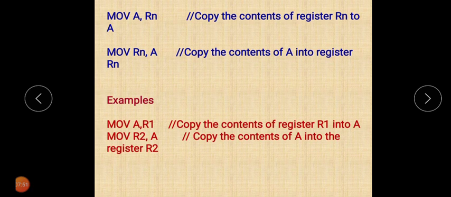Examples: MOV A, Rn, that is copy the contents of register Rn into A, or you can also copy the contents from A to register Rn. You can see that whatever the data we want to give, that is stored in registers and we use this register to access that data or to specify the data. Here in the example we have stored the data in R1 or R2. Then with the help of these registers we are specifying that data. Because we are using registers here to specify the data, this is called register addressing mode.